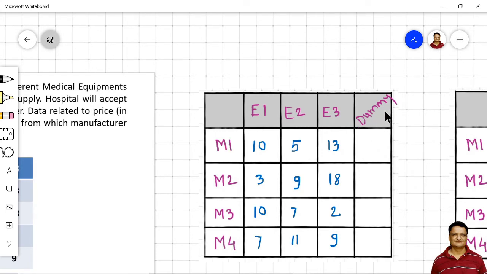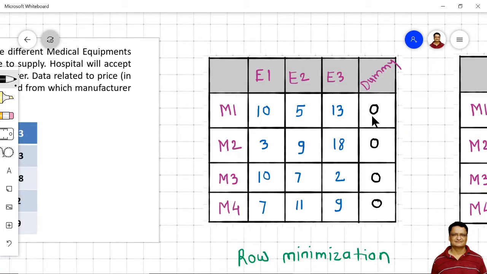I have also added one column as a dummy column because the number of rows is 4 and we want to make the number of columns equal to the number of rows. Now to this dummy column we will assign the cost equal to 0. Now we can solve this problem with our usual method.